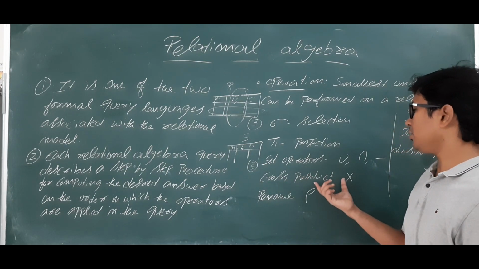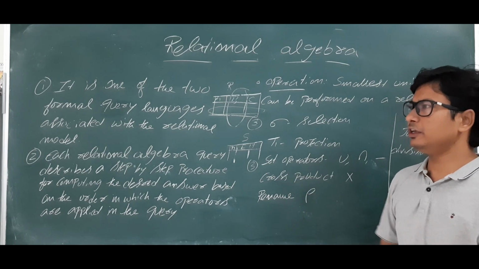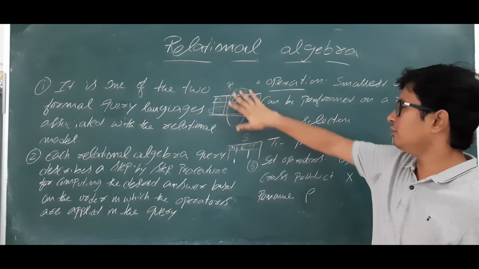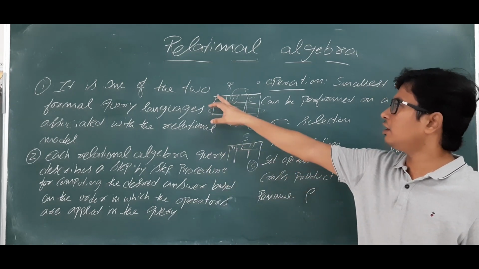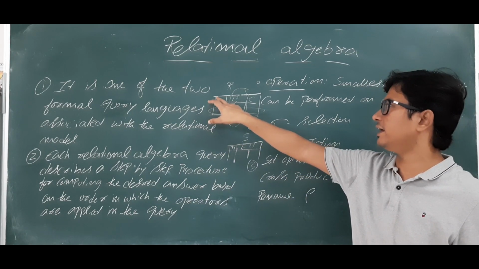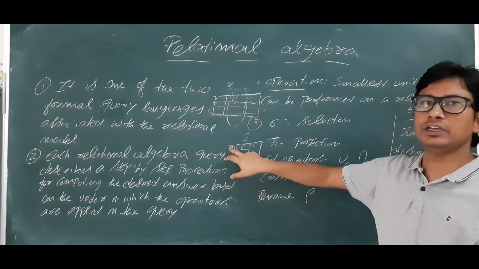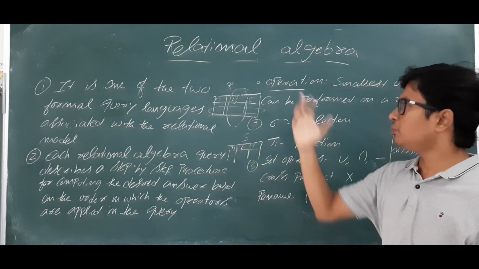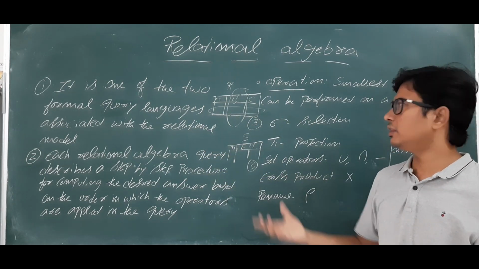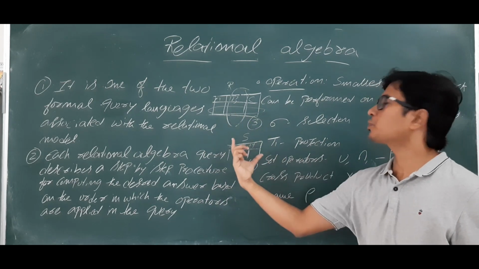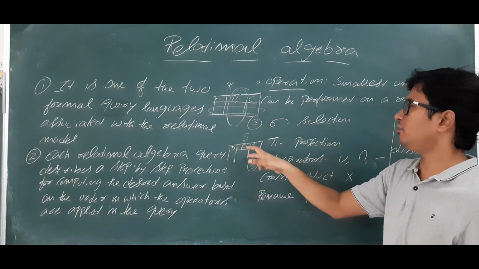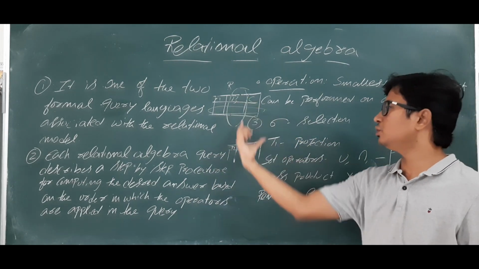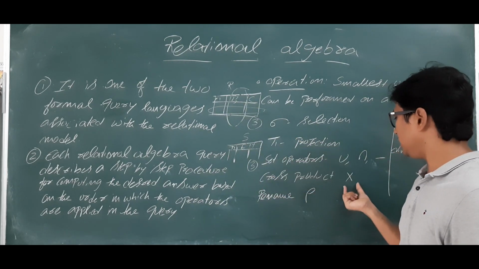And then we have a cross product operator. If I want to retrieve the information from the two tables, in the relational model we said that the primary key of the relation S should be made a foreign key in this one. Is it clear? Suppose if we don't have those things, then we will perform the cross product. Mainly it will be useful to retrieve the information or to join the two relations without some condition.